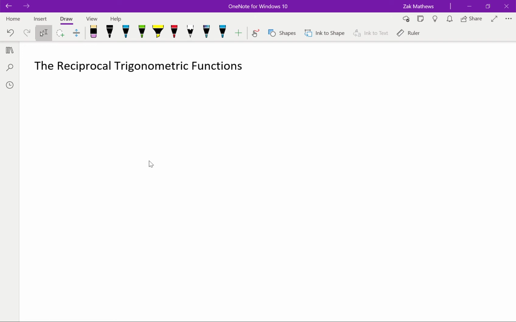In the last video, we talked about the three basic trigonometric functions. We're going to elaborate or expand on those today, and we're going to talk about the reciprocal trigonometric functions. We're just going to jump right into it. And so we have three reciprocal trigonometric functions, and they are the